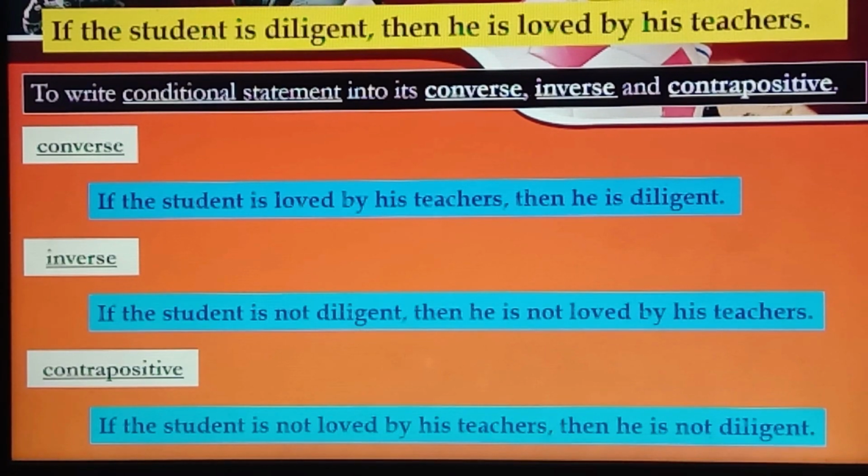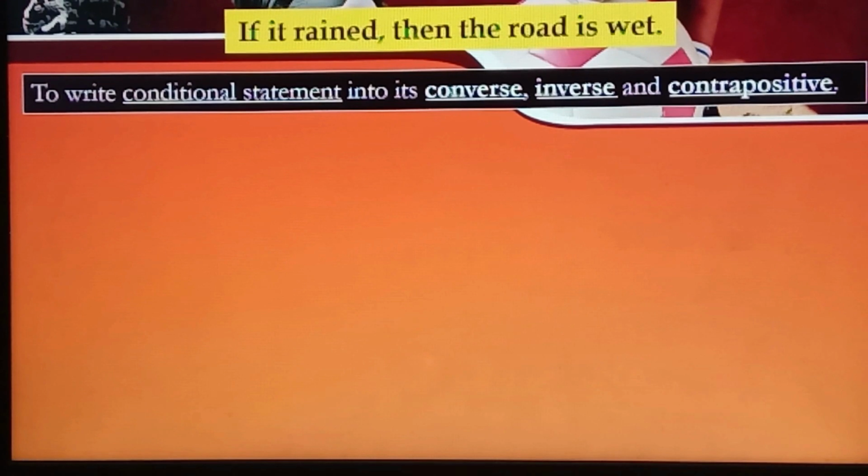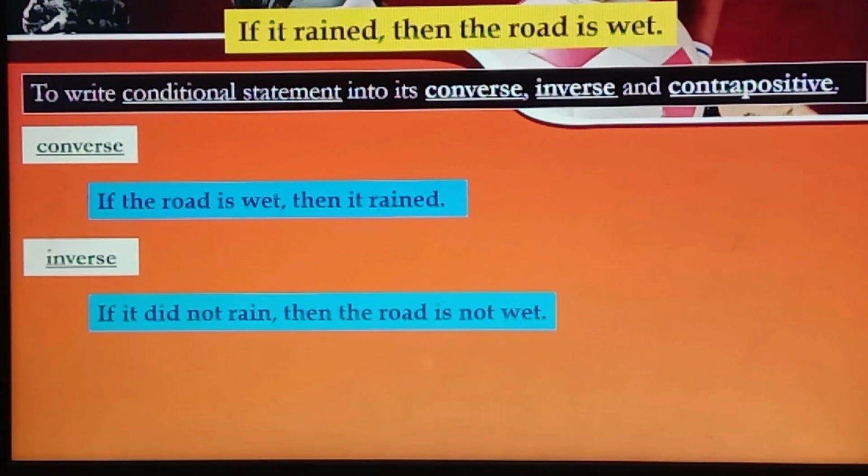Okay, so let us have another example to write a conditional statement into its converse, inverse, and contrapositive. If it rained, then the road is wet. So that is your conditional statement. And then its converse would be: if the road is wet, then it rained. And for our inverse, which is the negation of the conditional, it will be: if it did not rain, then the road